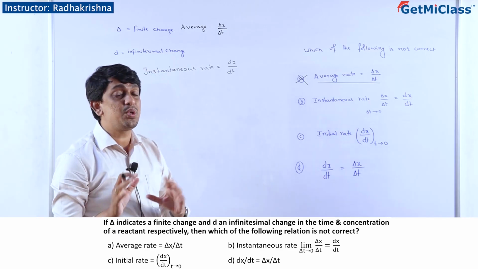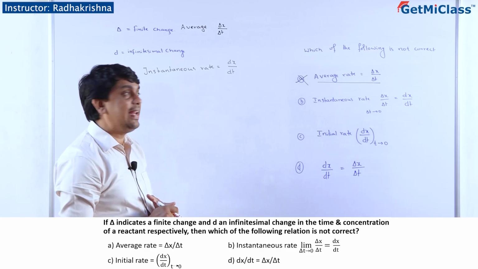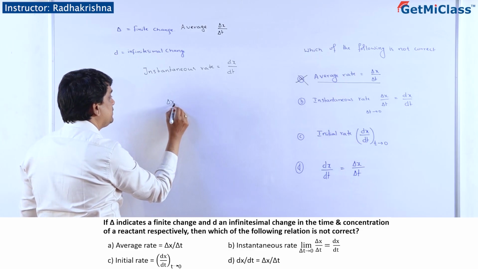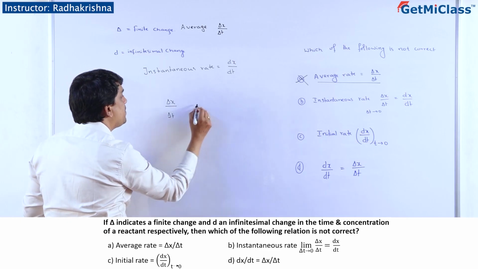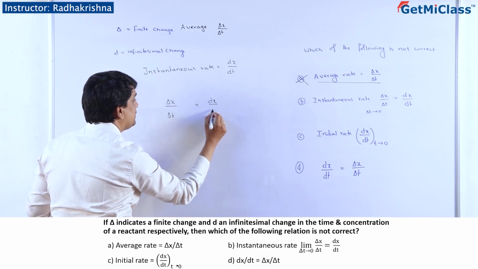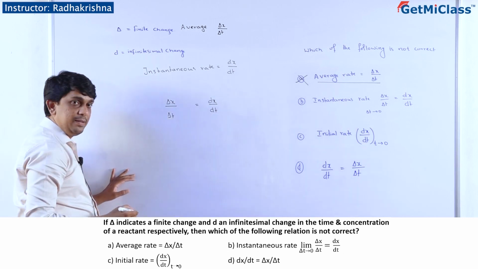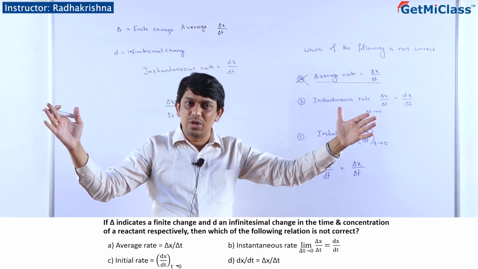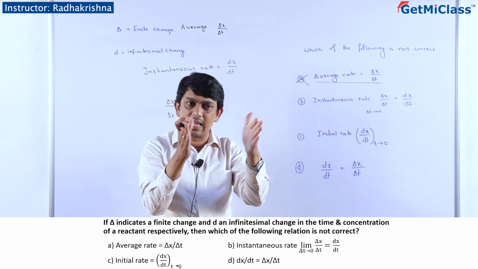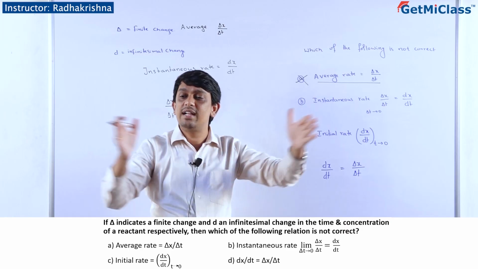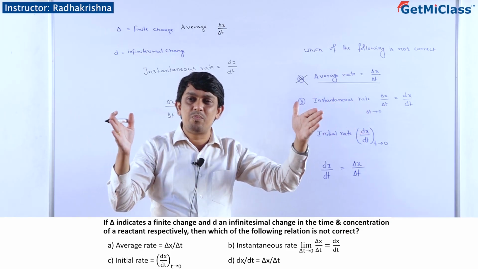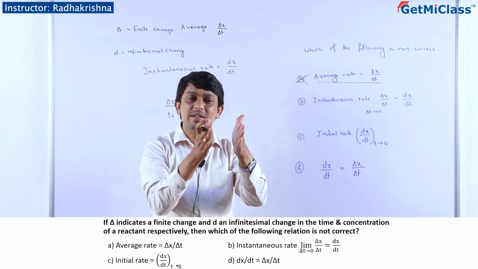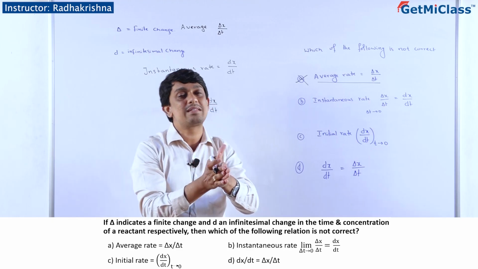Now how are average rate and instantaneous rate related? Let me tell you that average rate will become instantaneous rate when this long time interval is made into the time at a given instant of time. You know that when delta t approaches 0, that means when a time interval becomes a given instant of time, it will become an instantaneous rate.